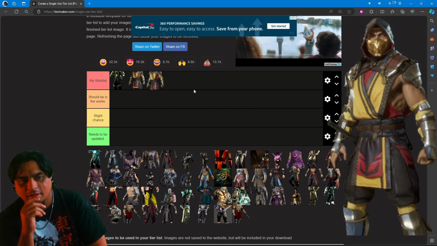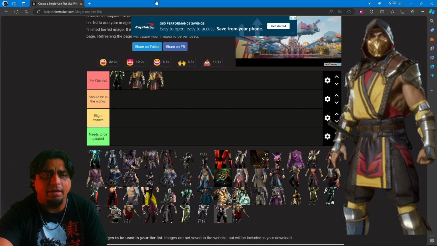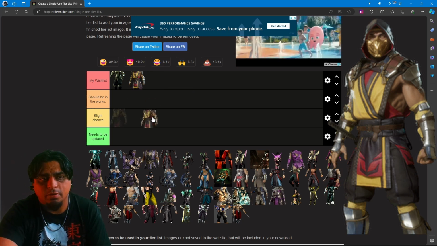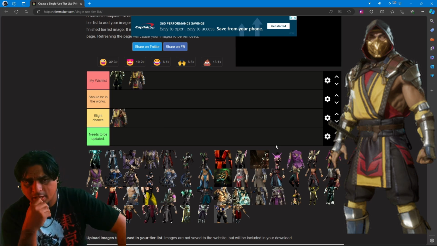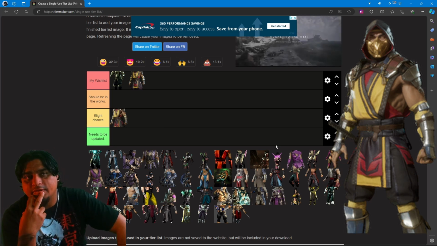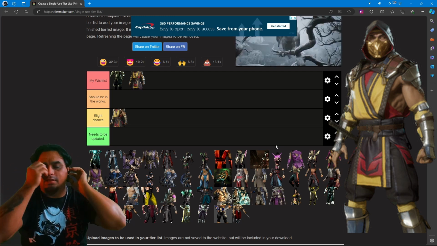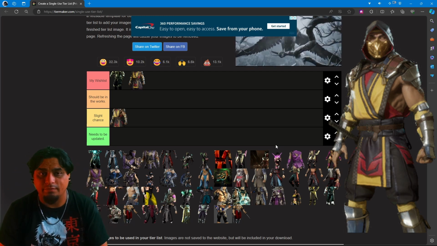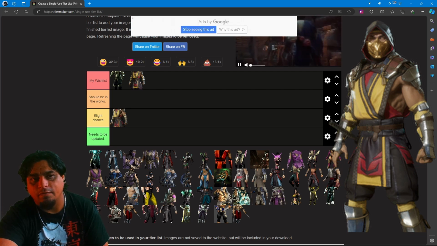But anyways, those are three characters I would love to add. This version of Scorpion could be a slight chance. I'm going to put him in the slight chance category just because I don't really see them putting that one in. I feel like Mortal Kombat 11 primary skin Scorpion has a better chance of making it than the other ones, and I don't see why they wouldn't add it from recent games. Especially since Mortal Kombat 11 is a very love-hated game,